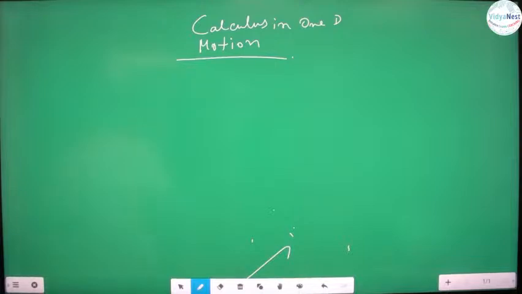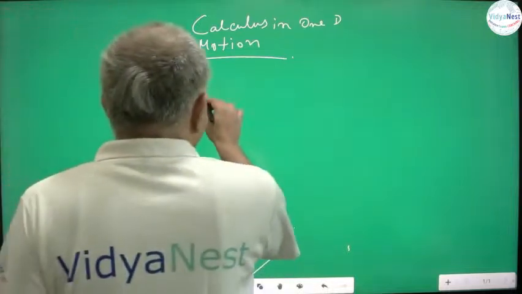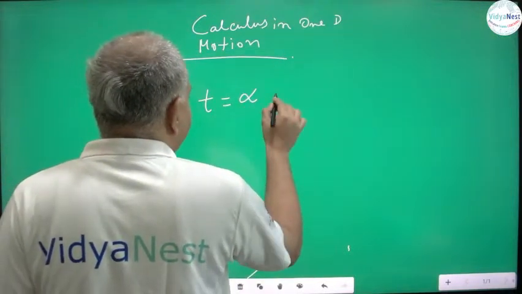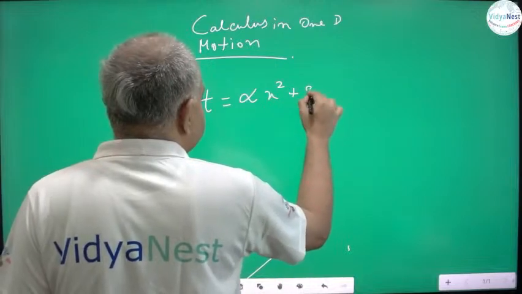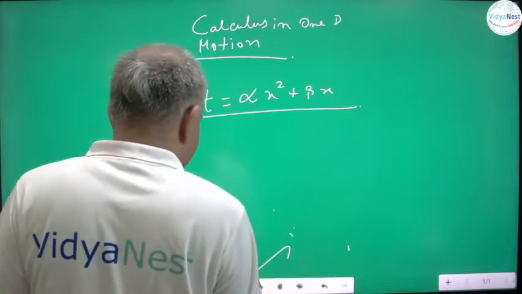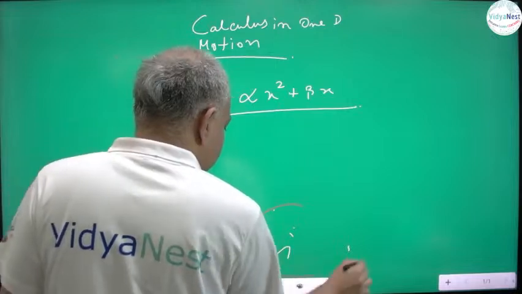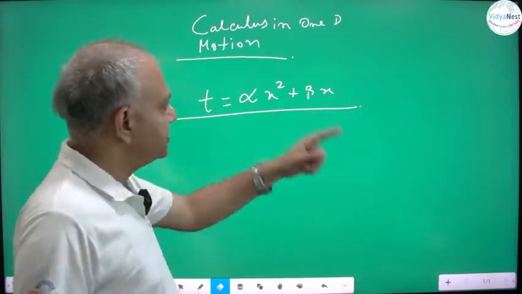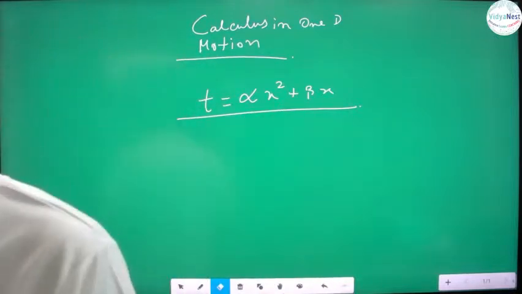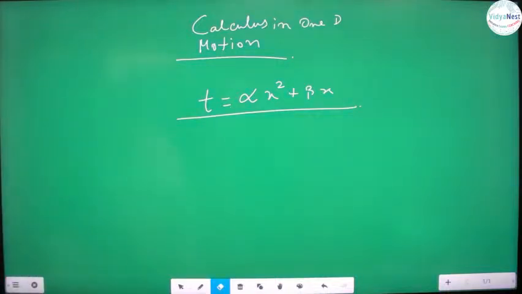Let us think that the relation between the time and distance is: time is equal to alpha x square plus beta x. This is the relation I can have this way. I am observing that this is the time, x is the distance, and this is the relation between the time and distance. In this situation, whenever a particle is moving,